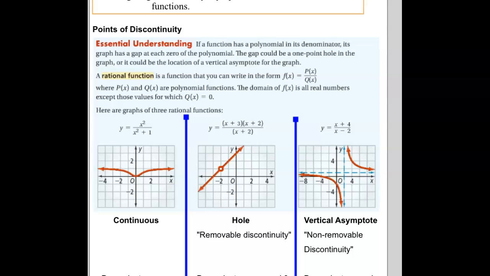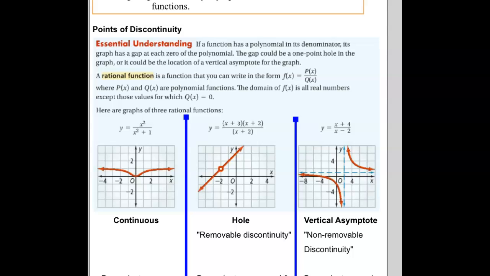So the first thing is a term called points of discontinuity. If a function has a polynomial in its denominator, its graph is going to have a gap at each zero of the polynomial. So anything that would make the denominator zero is going to cause some kind of problem. We call those points of discontinuity. The gap could be a one-point hole in your graph, or it could be the location of a vertical asymptote